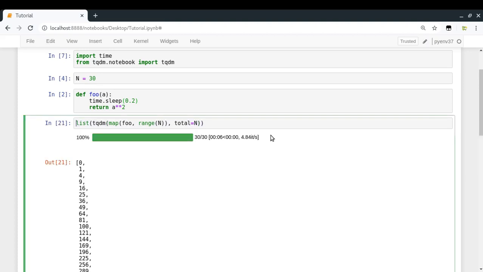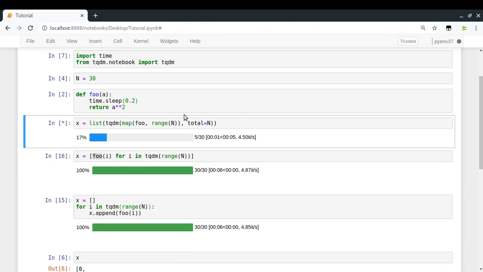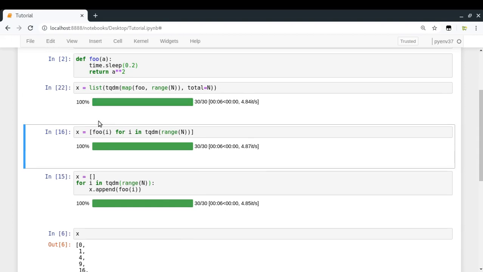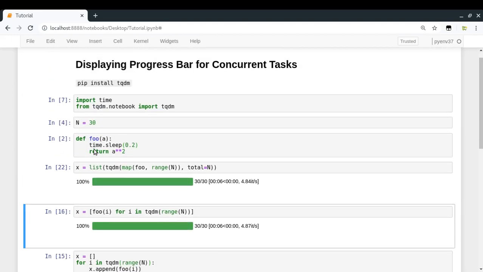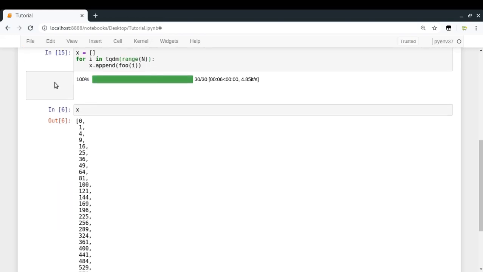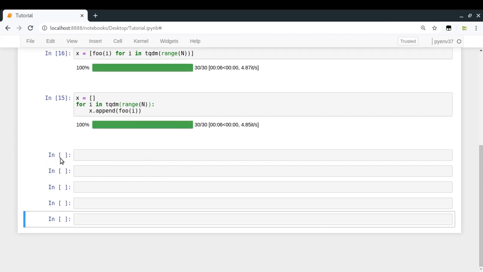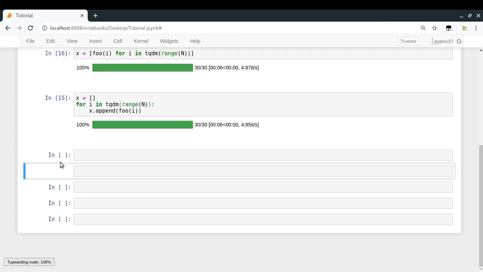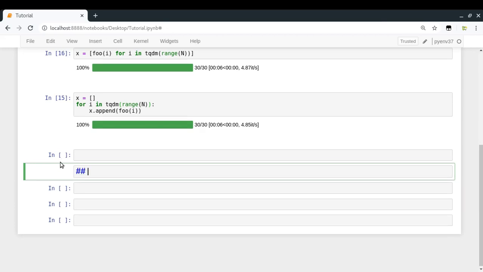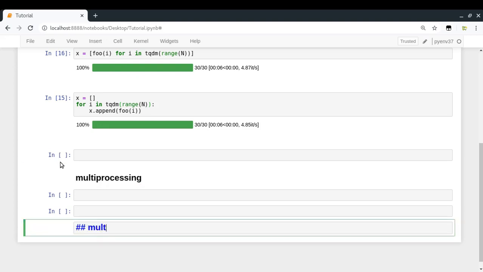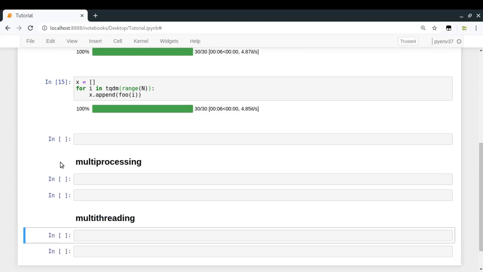So this is fine. Okay, so we have seen three different ways, synchronous ways actually, in which we can use tqdm as the progress bar for displaying the progress of our tasks. And now we are going to go into some concurrent execution with which we will be able to do this whole thing much faster. First of all, I'm going to go with multiprocessing. But wait, I'll actually be trying to show you how multiprocessing code can be directly converted to multi-threading code. So we'll be doing it side by side.